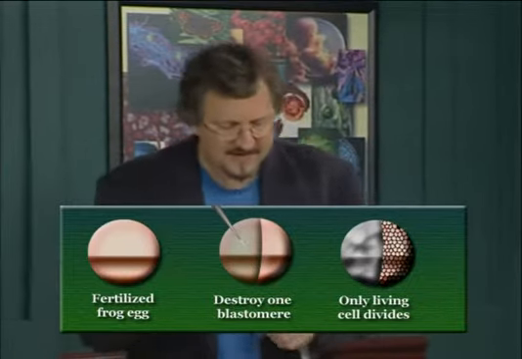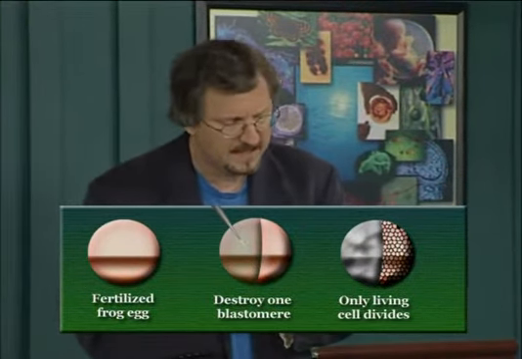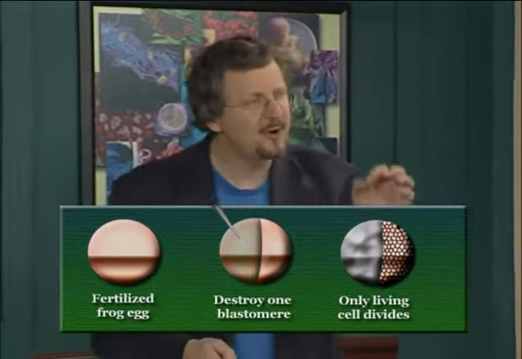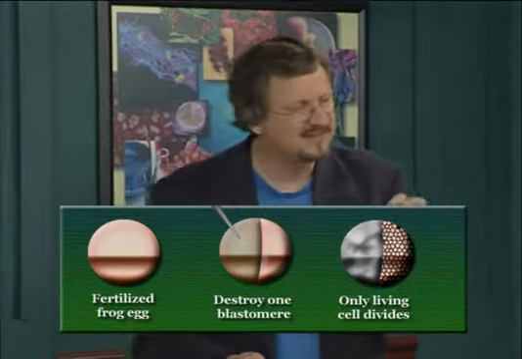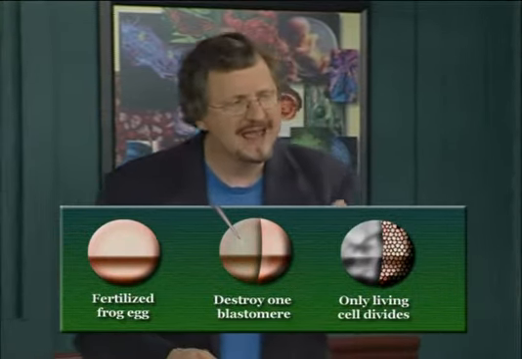Now, there's an interesting problem with Roux's experiment, which he couldn't know at the time. Although he effectively killed one of the two cells, the remains of that dead cell were still in contact with the living cell. We know now that contact between cells matters, as we'll see in a couple of lectures, because proteins on the cell's surface can act as signals during development. Therefore, the dead cell might still be able to somehow affect development of that remaining living cell.